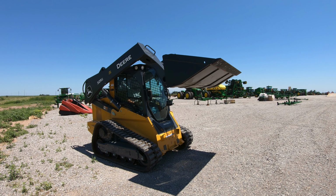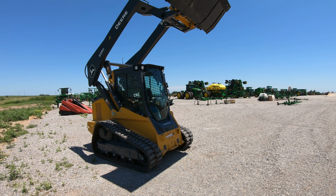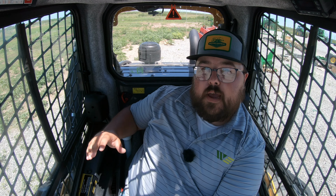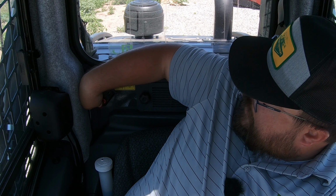And why we're doing this is because we need to raise the boom all the way up and lock it out. That way we can take off our side shields on our engine compartment in the back to show how we can do all the necessary service that needs to be done. Now, once we have this all the way raised up, we are going to pull out on this red lever here,